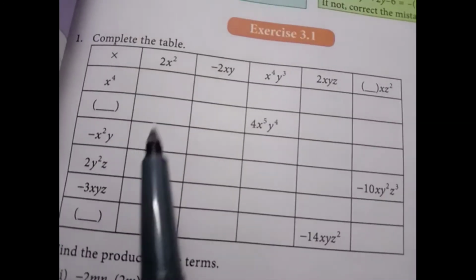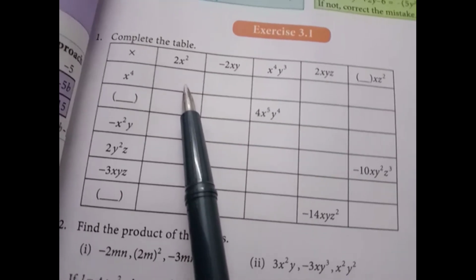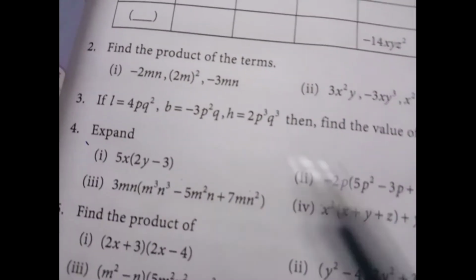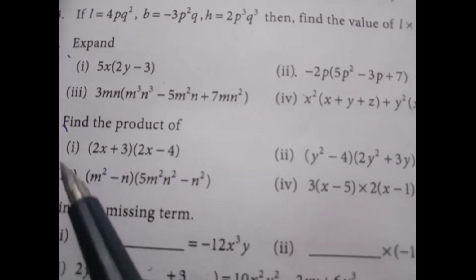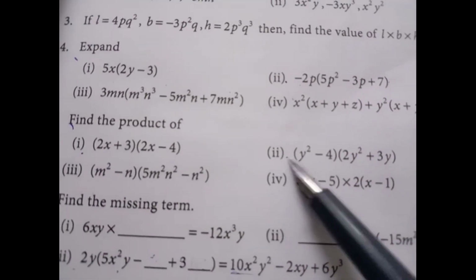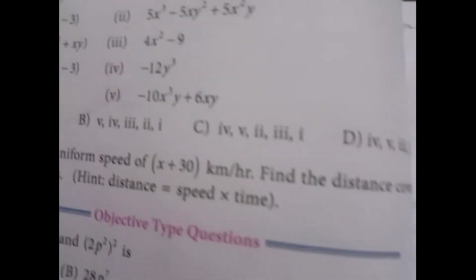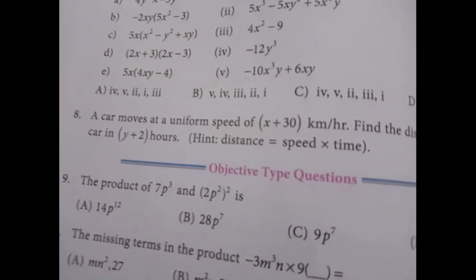Again, I am repeating the homework questions. Complete the following table. Do it in the book itself. And then in the 4th question, the first and second Roman numerals are your homework questions. And in the 5th one, the first and second are the homework questions. And then match the following. Do it in your book itself. Thank you students. Complete all the sums in your classwork note and submit for the correction.